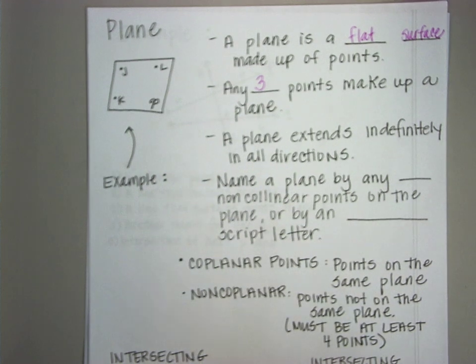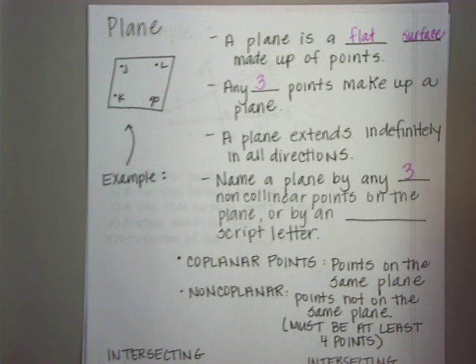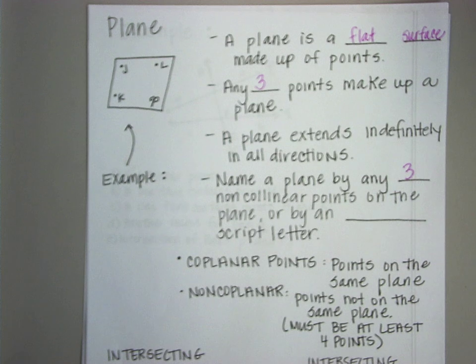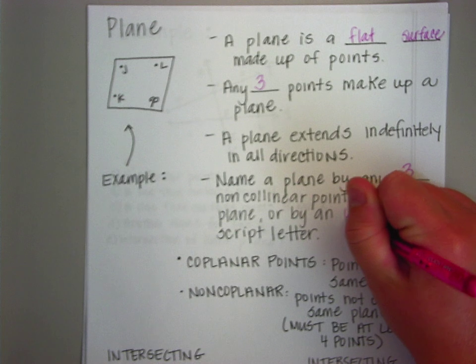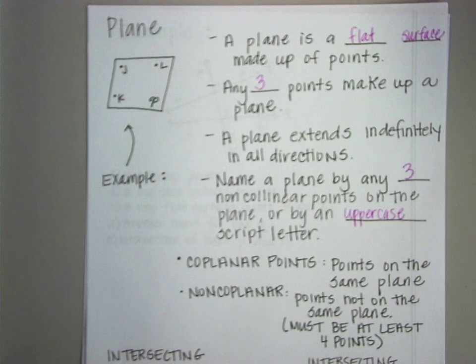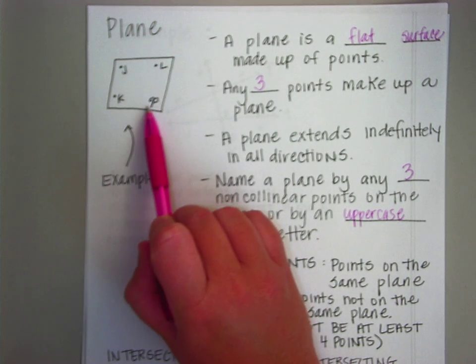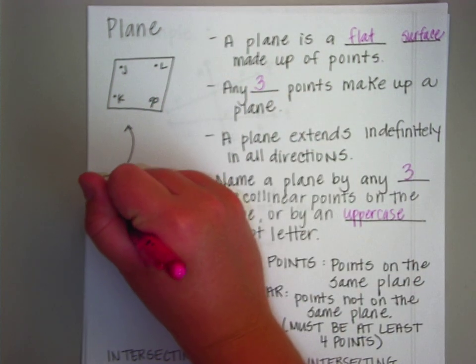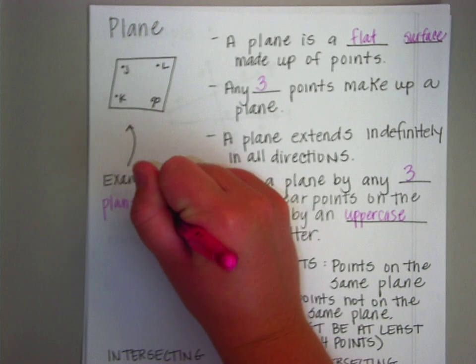You name a plane by any 3 non-collinear points, so 3 points that are not on the same line, or by an uppercase script letter. So it has to be 3 non-collinear points or an uppercase script letter. Let's look at this plane. This is considered a plane. Let's find our uppercase script letter, which would be this P. So we can either write plane P,